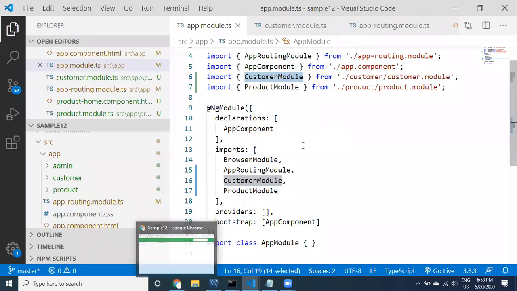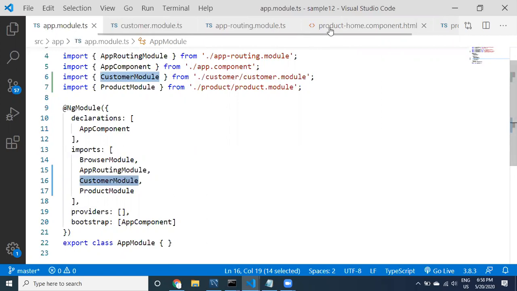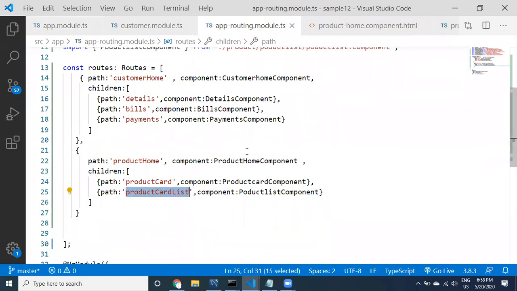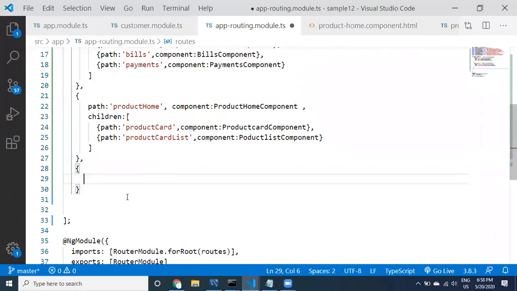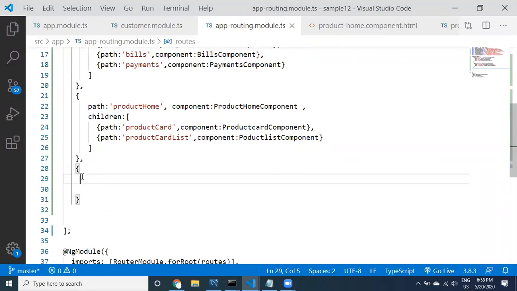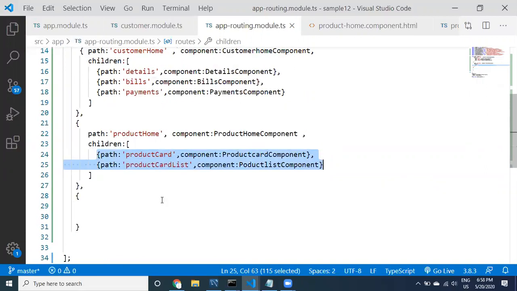Once it is created, you can go to app routings. First I'm going to do it step by step, guys. Admin home is also related to the main menu, not the sub menu, so this has to be provided here like this. You should not provide it inside the children for admin home, because admin home is related to the parent menu.